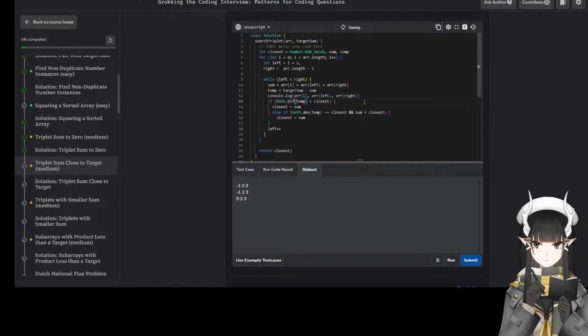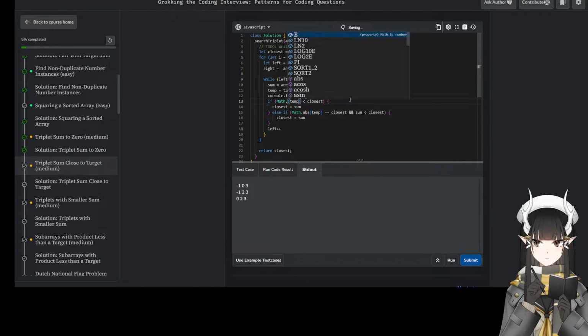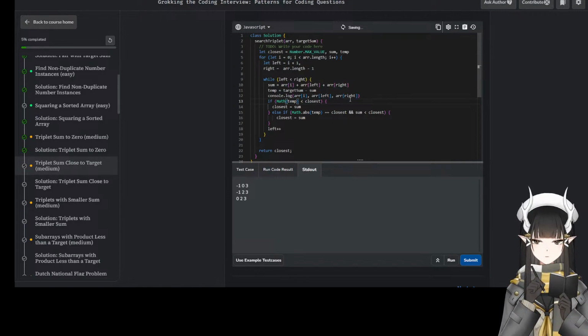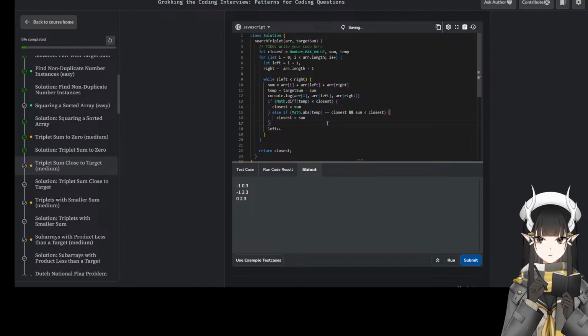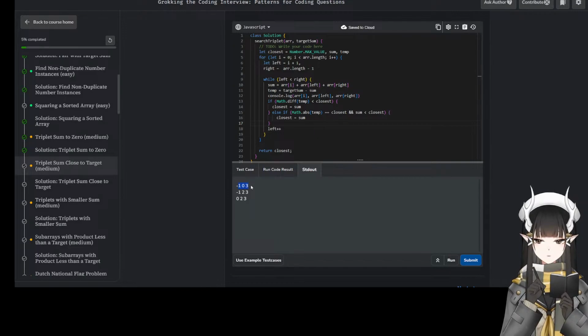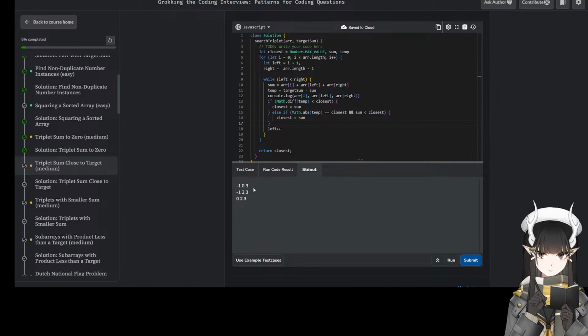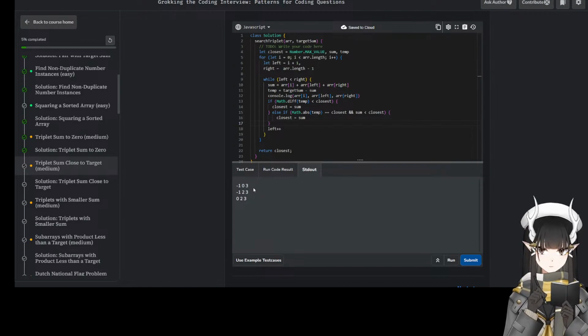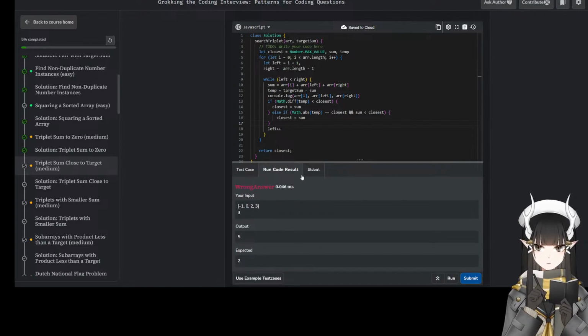Math dot, is that this? Actually, no. Target sum, this should still be the... So the first iteration would be 2, and the target sum is 3. So 2, expect should be 2.